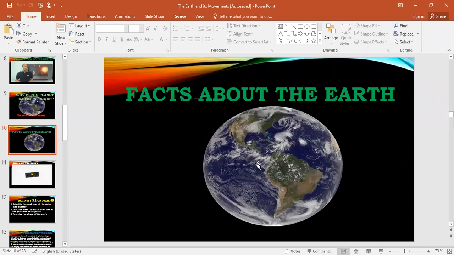Last week we looked at the solar system. Then from the solar system, we went ahead to look at the Earth, where we live. And we looked at why it is unique, why it is different from all other planets. And I hope you generate your own notes about that. Then look at the facts about the Earth, which I have just informed you that I have posted the answers to those questions.